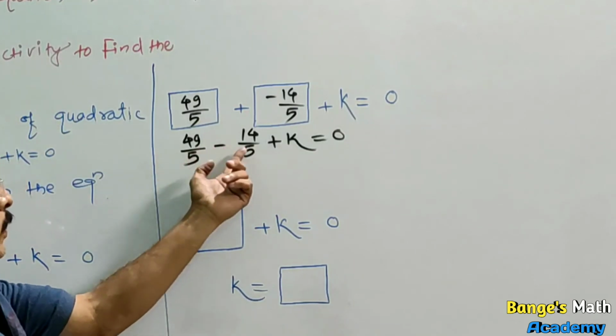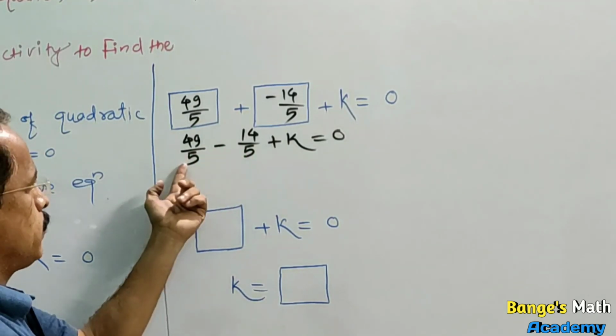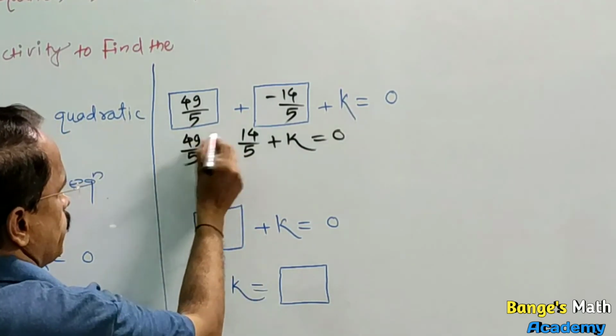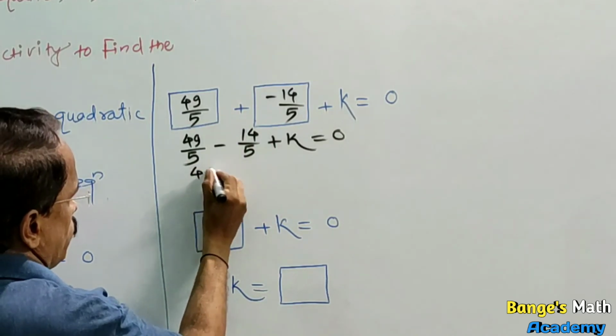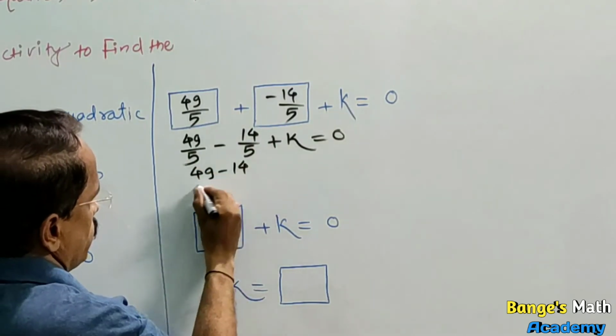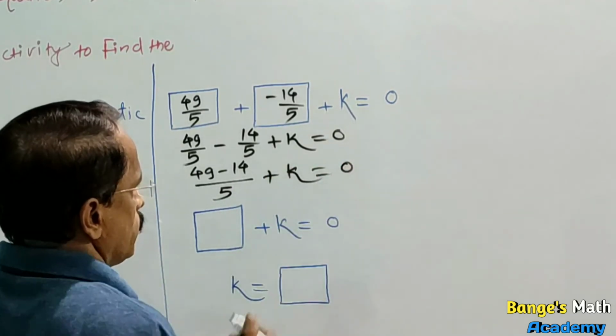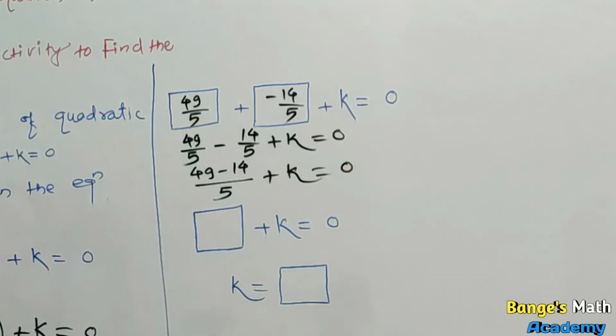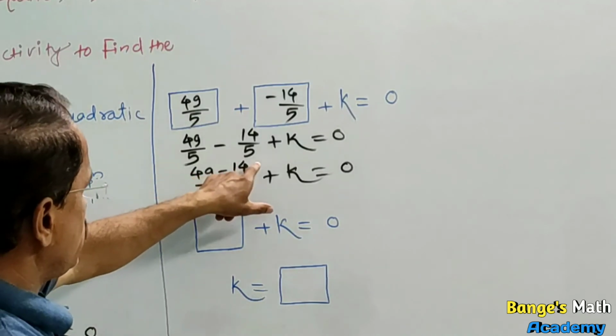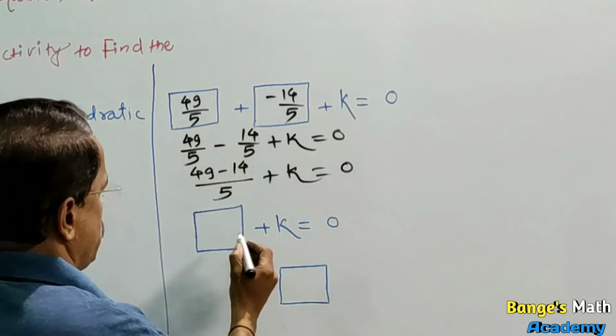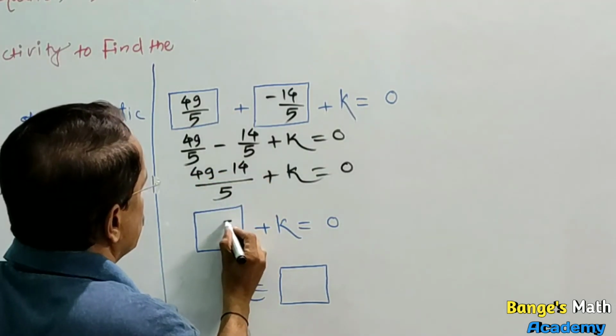See, the denominators of both fractions are the same, so we can take subtraction of the numerators. 49 minus 14 upon 5 plus k is equal to 0. 49 minus 14, subtraction of this,